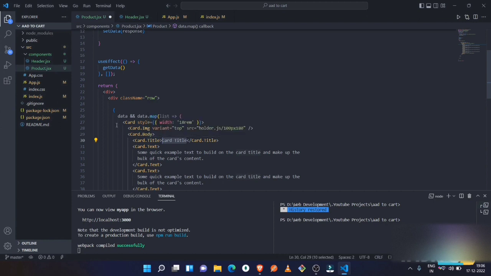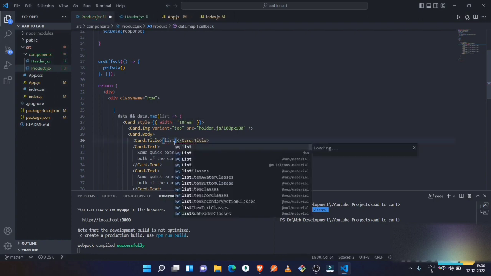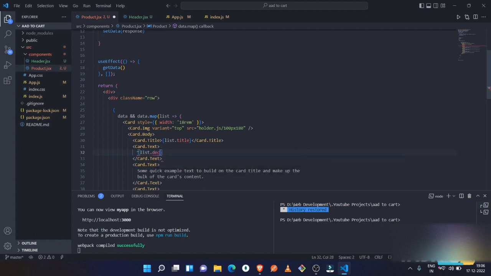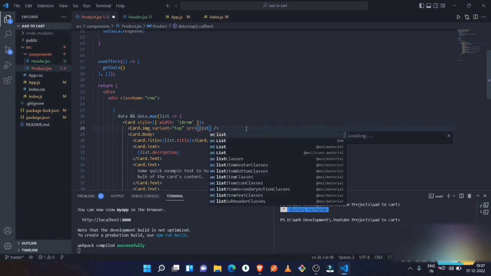So we have mapped the data for elements as list. So here in the title you just need to write list.title, and after that the first text you just need to add the description. So list.description, and we have forgotten to add the image, so let's add the image also. list.image,